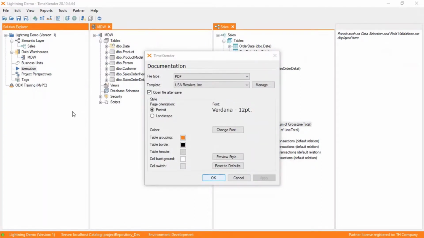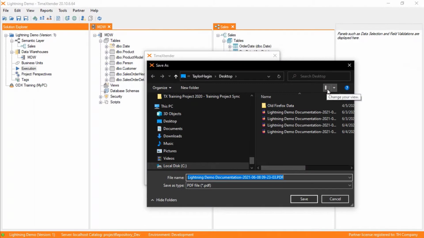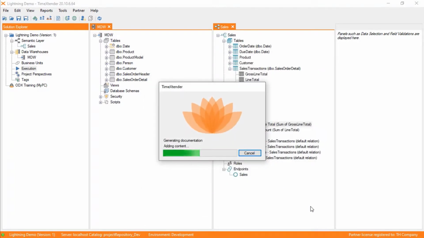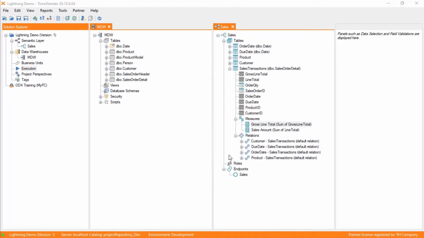All right, now what if we're really trying to focus on the full documentation? This is really cool. So in 15 minutes, if I would have told you I was going to create a data warehouse and documentation, you would have been like, all right, come on, buddy. Like, no, you're not. But the reality is it's included, right? I'm kind of cheating here because TimeXtender just automatically does that. So let me pull this over on